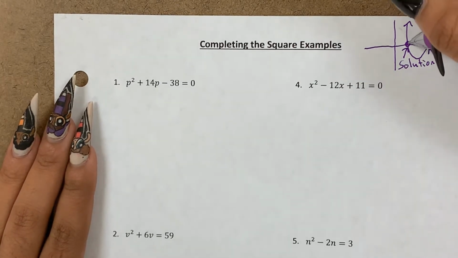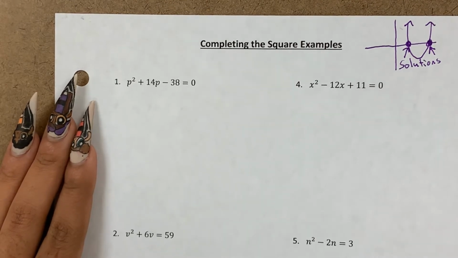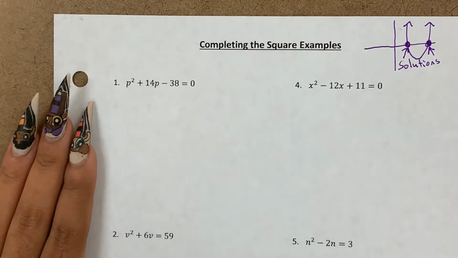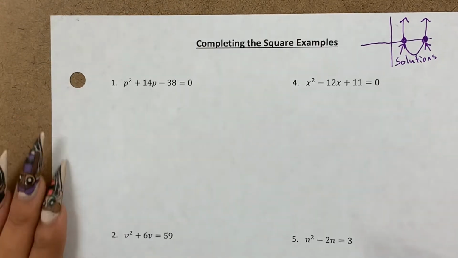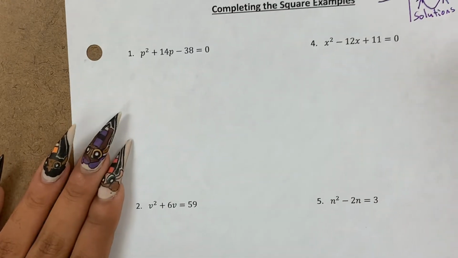So usually there's two. Sometimes there's one, and sometimes there's none. But in Algebra 1, we don't do solutions where there's none. That's in Algebra 2. All right, so first thing I want to do is make a list of perfect squares,